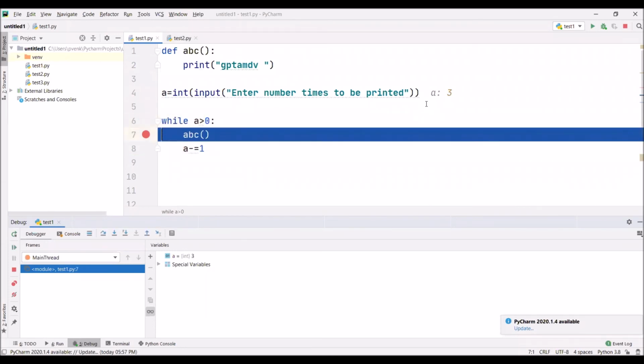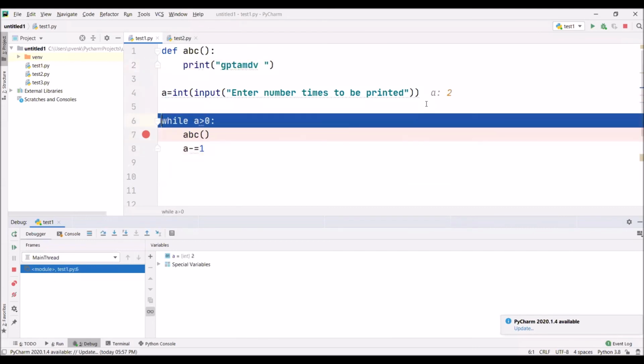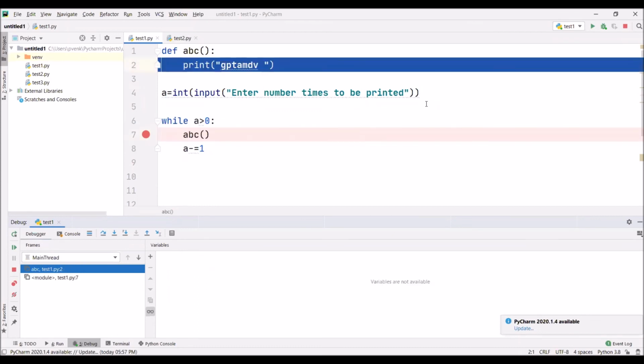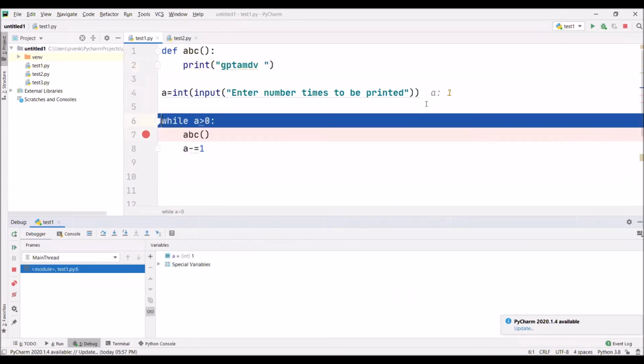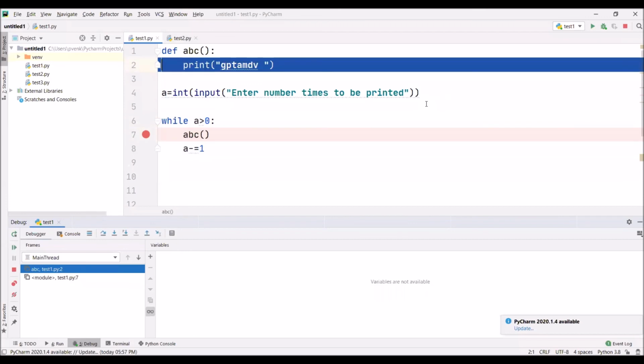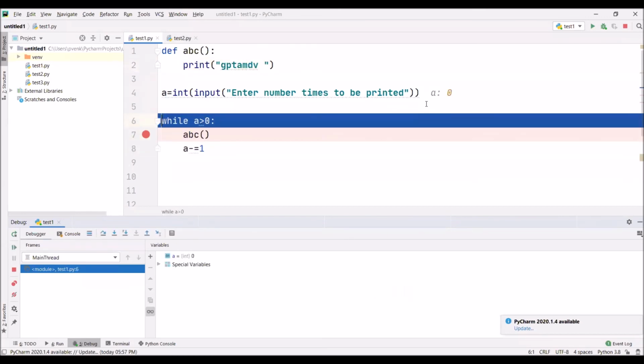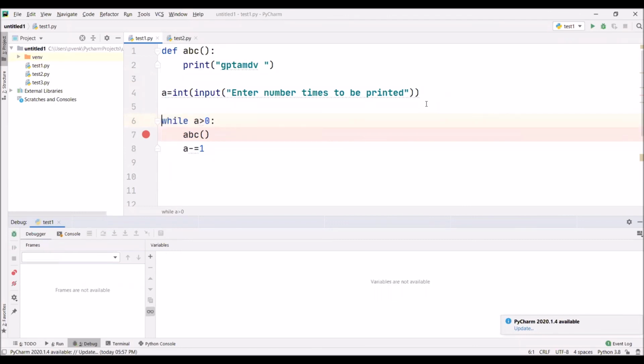Now the condition is true. Now again it is printing. After that, the a value is decremented to 2 and the condition is true. That's why it is printing GPT-AMDV. Now again the a value is 1. GPT-AMDV is printed. Now the a value is 0. The a value being 0 means the condition is false. The control transfers out of the loop.